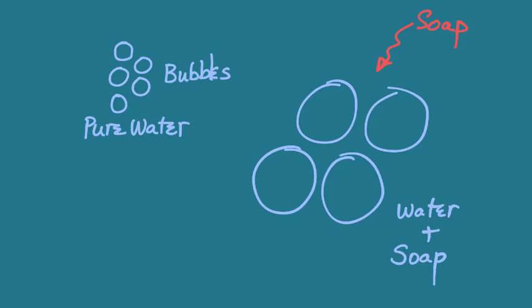Soap by itself cannot clean. All it does is that it separates the water molecules, so the water molecules can actually get in and clean your fibers. So now if you were to imagine alveoli to be a bubble, we want the alveoli to be